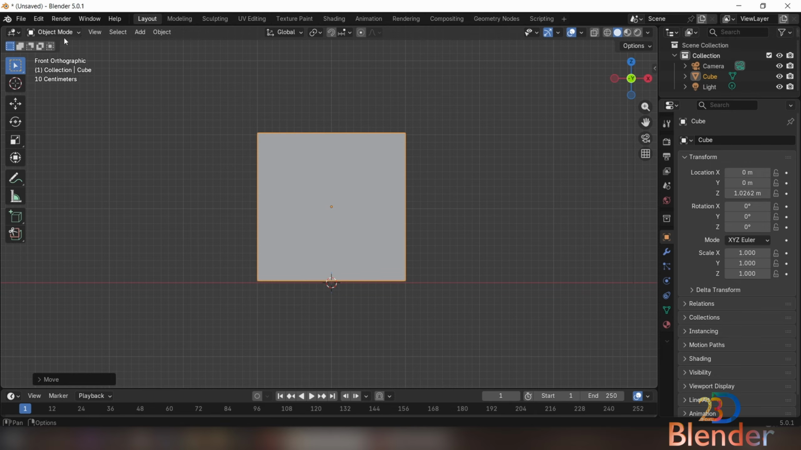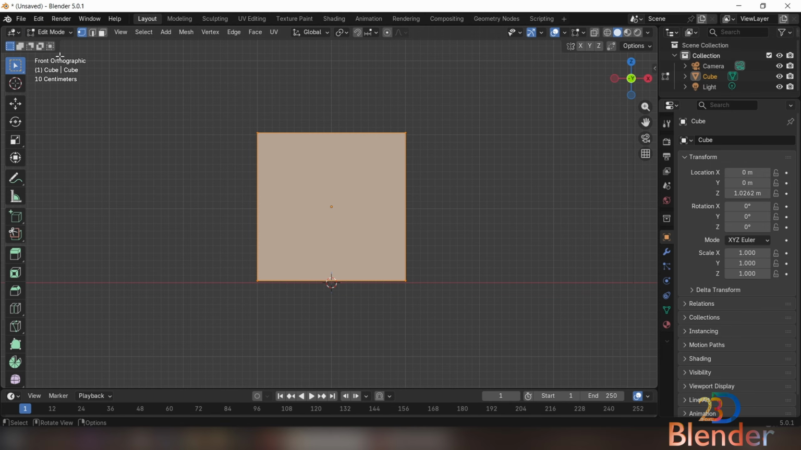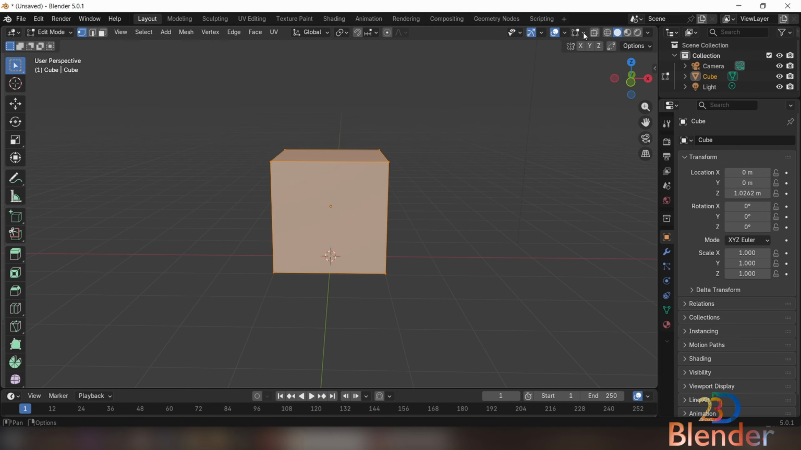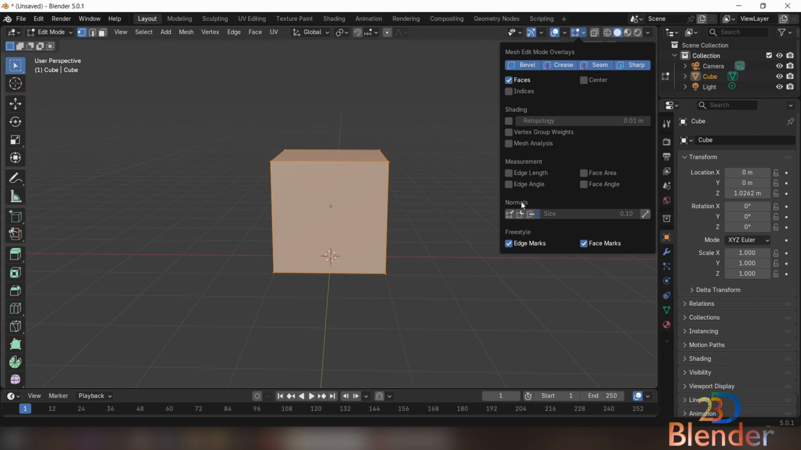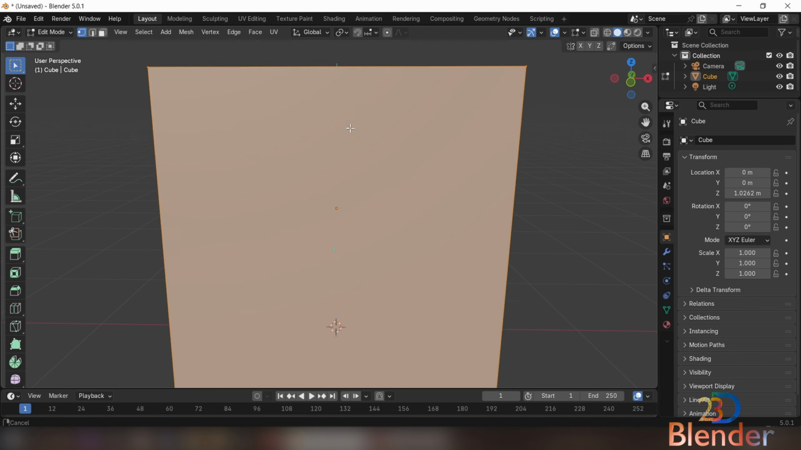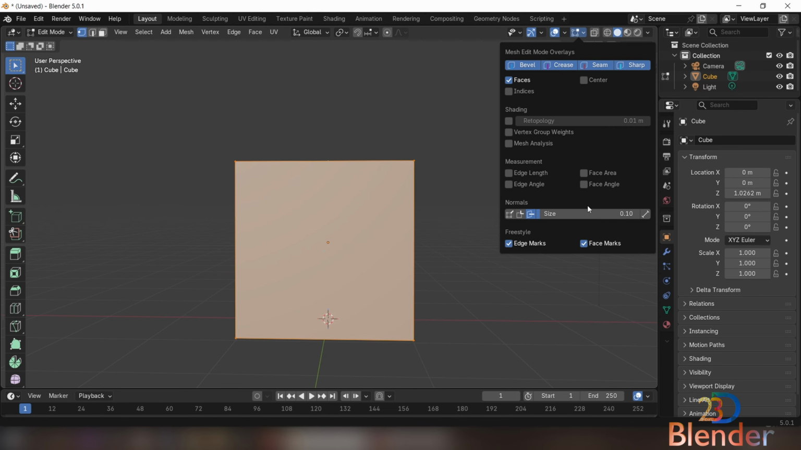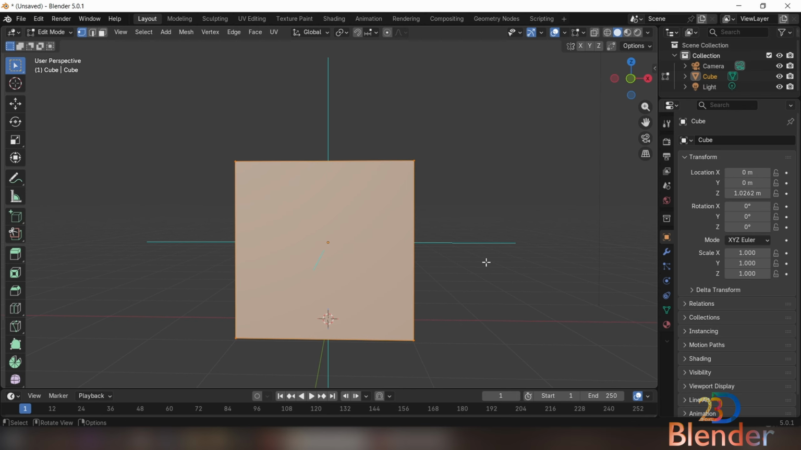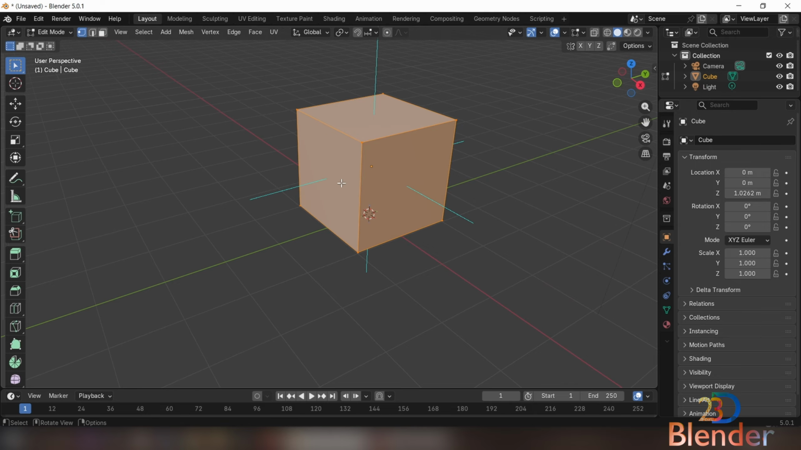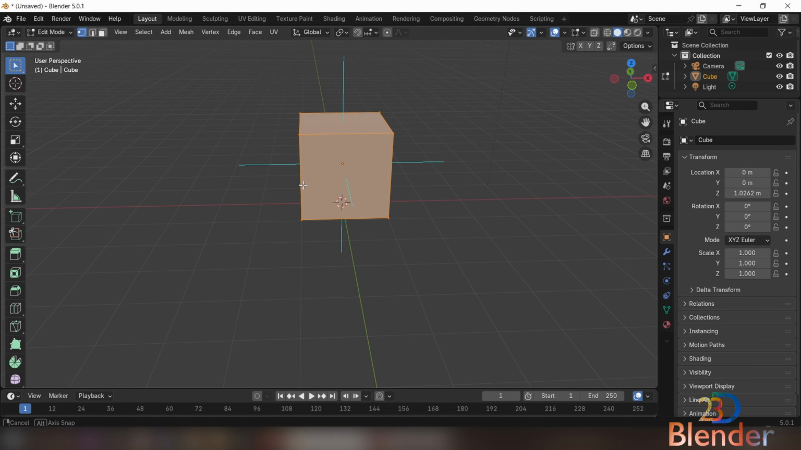First of all, we need to be in edit mode to visualize it. Let's go into edit mode. And then we also need to enable this under the mesh edit mode overlays, right? Under this setting, we need to enable face normals or display normals. Then you can see there is something coming out of our faces, right? Let's increase the size so that we can visualize it properly. So now you can see there are these lines coming out of our object's faces,